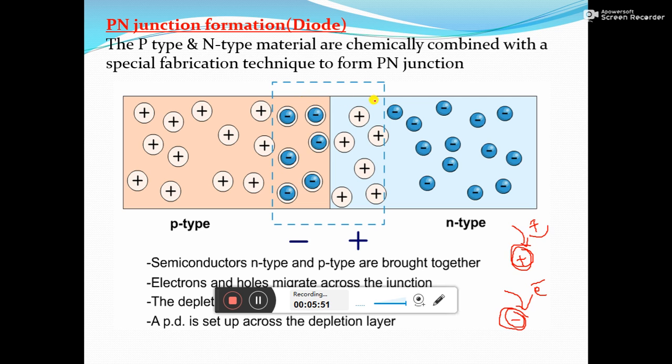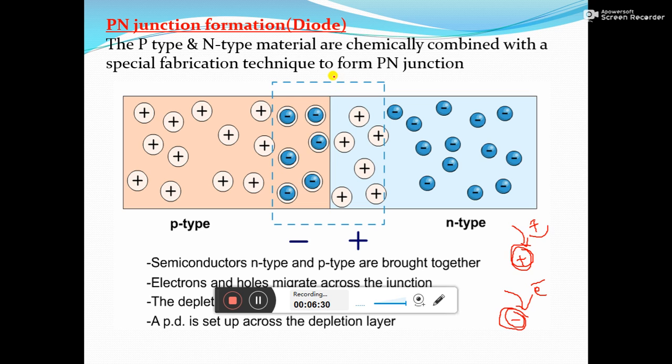And this layer is depleted of free charge carriers, in the sense there won't be any free charge carriers that can make a movement. As I have already told you, these are immobile ion layers, in the sense there will be no further charge carrier movement. And this layer which is developed at the junction is referred to as the depletion layer or depletion region. This simply acts like a barrier which doesn't allow any further movement of charge carriers across the junction.